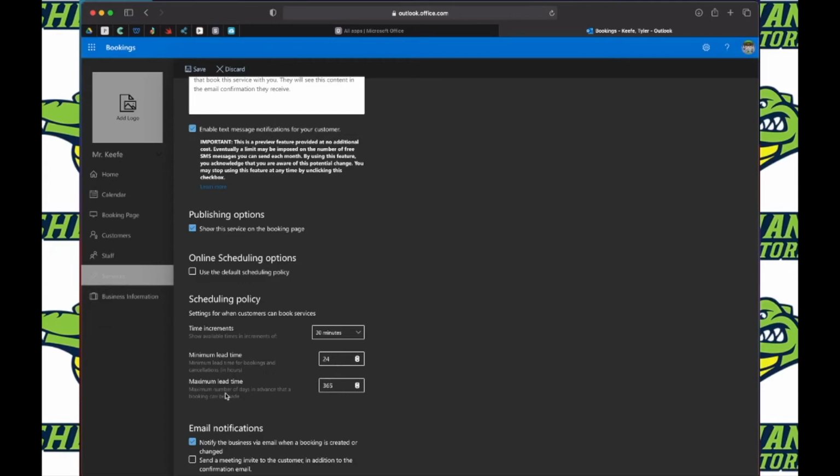And this is the maximum days in advance that a booking can be made. So right now it's 1 year in advance. We could change that to 10 days in advance or 20 days, whatever you want to do for this,